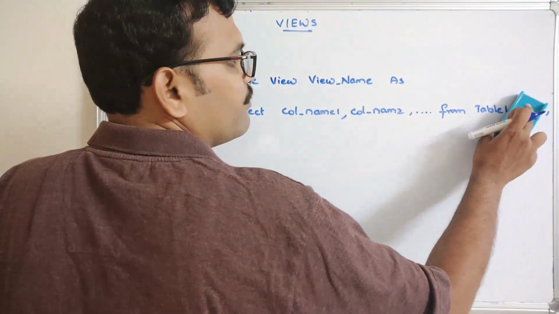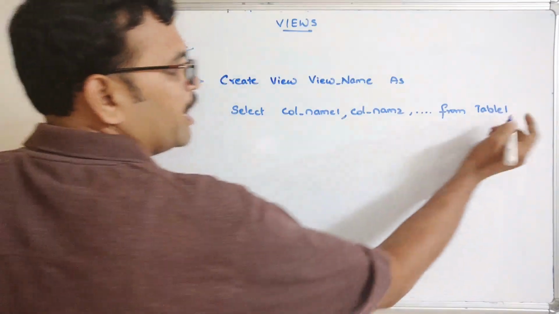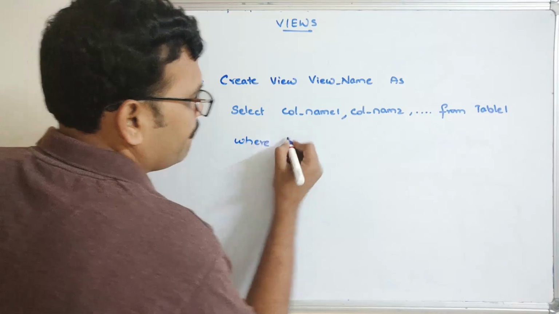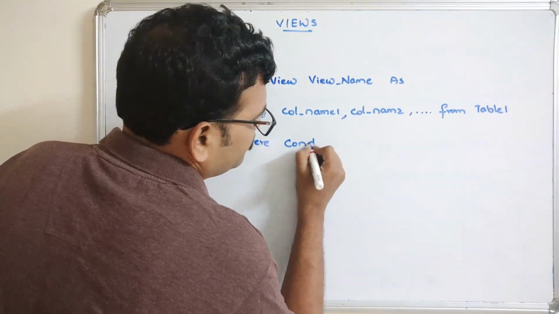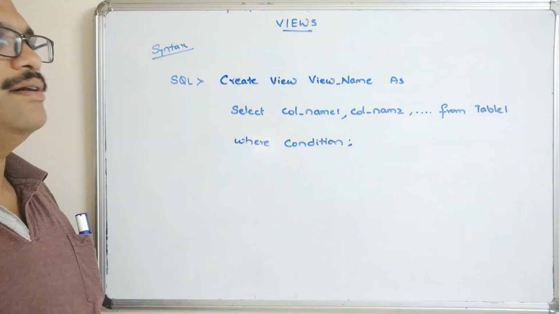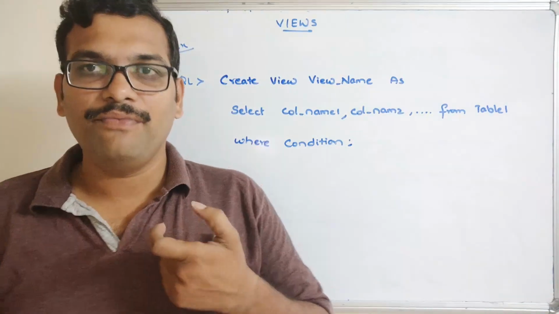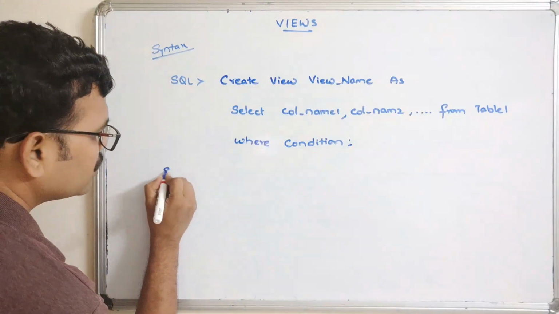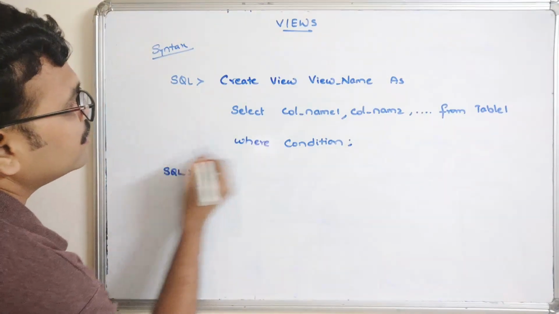So let us take the single table. From table 1, where, write the condition. So this is the syntax to create a view from a single table. If you go with multiple tables, use the same syntax,